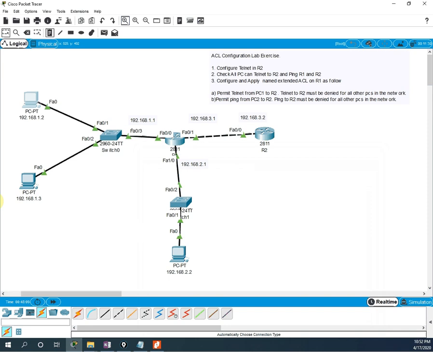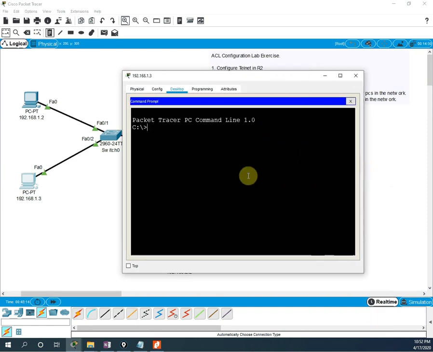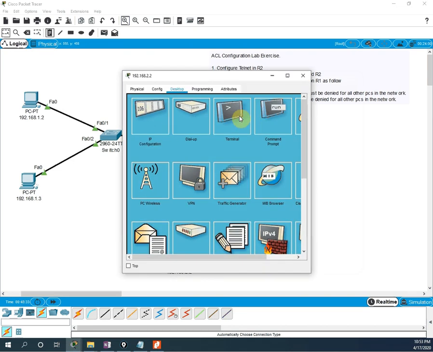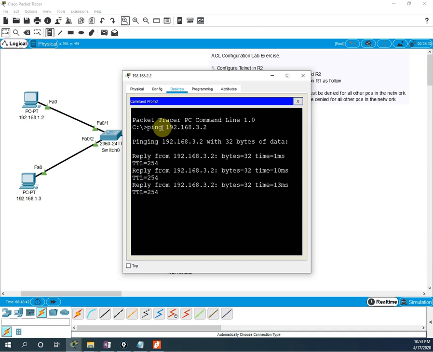We need to check here also whether we can do it from PC2. So we will do telnet 192.168.3.2 here also. Here also it is asking for the password, 12345, and here we can access, and here it is Cisco, so we can access from this PC also. Then from here we need to verify, so we will go here and write ping 192.168.3.2, or sorry, not ping, actually we need to do telnet.